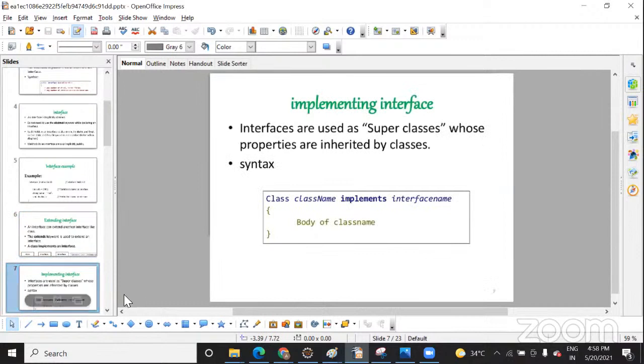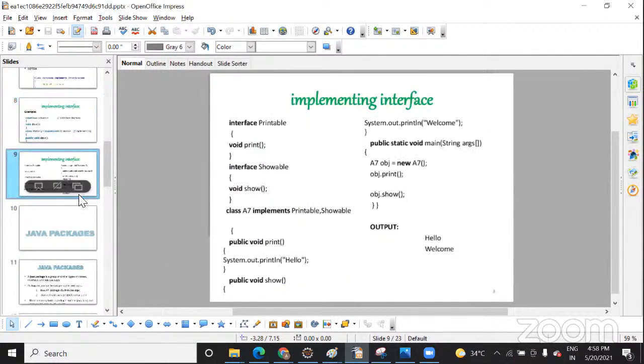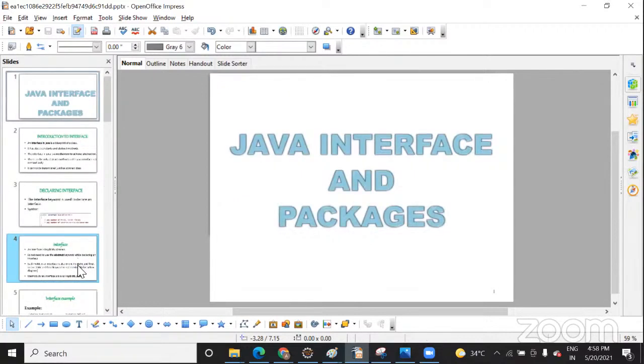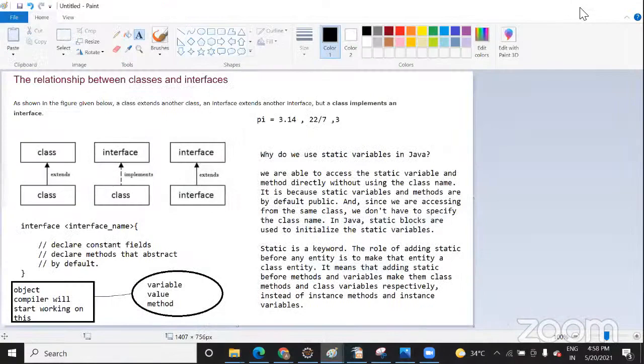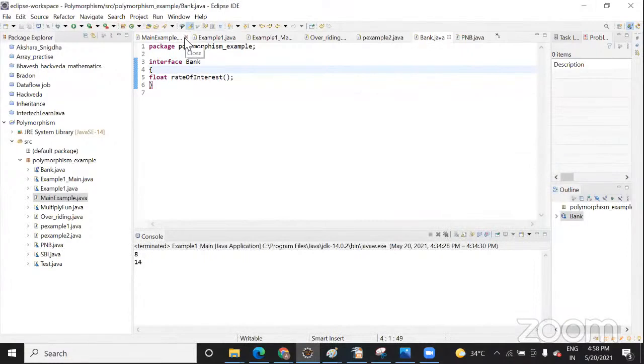I have created this in a very simple way, you can read it. Examples are also there. Let's see the example today. Let me close this first. I will share this code with you right after the class, so you can practice on this.